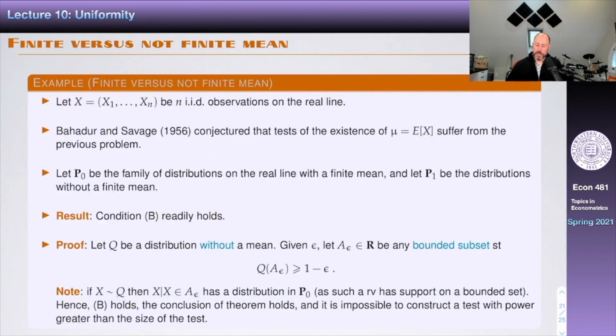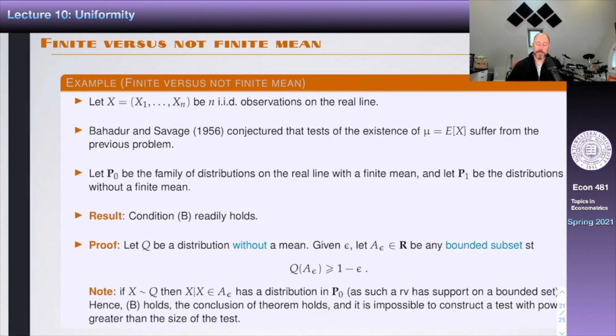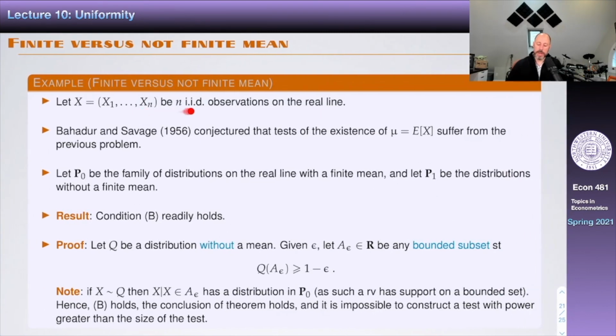And so, look at this example. Let's go through it, because this was a conjecture by Bahadur-Savage. Suppose you have IID observations on the variables in the real line. Bahadur-Savage conjectured that the test of existence of the mean, if you want to test that the mean exists versus the hypothesis that the mean does not exist,